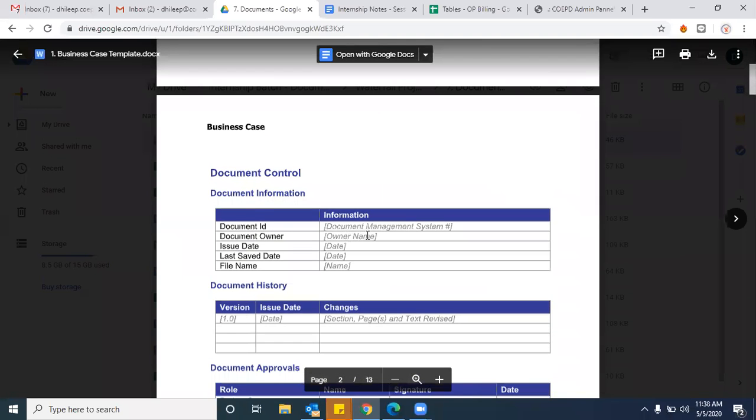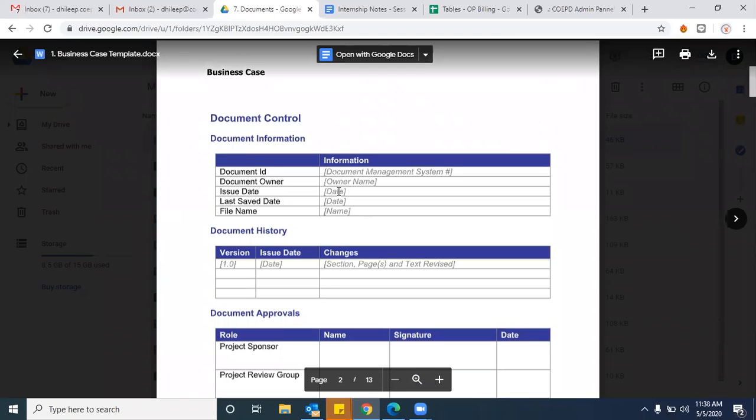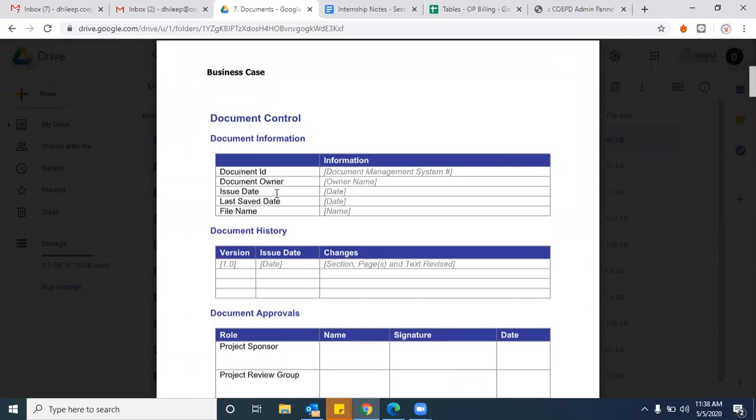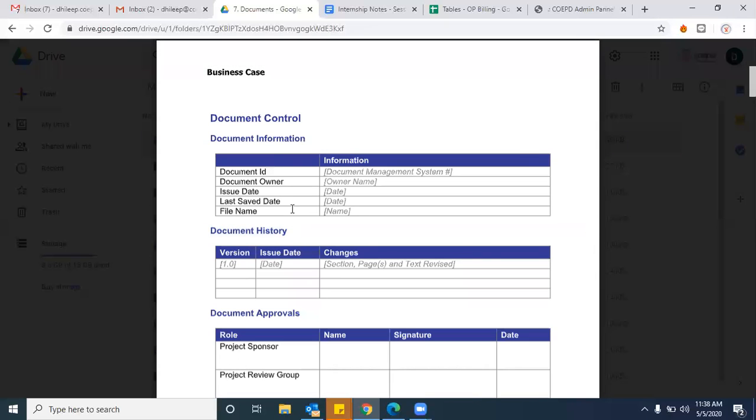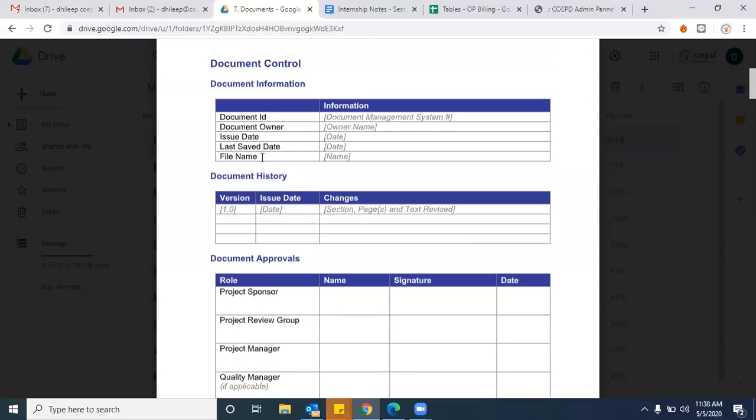Going forward, once we start working on the documents, a couple of elements are mandatory. Do remember, the document control, like document information, is mandatory, and version control, which we call document version history, otherwise document history. These two are mandatory for every document which you are going to develop. We are already doing V1, D1, V1, D2, multiple versions of documents that we are dealing with, right? So going forward, we need to maintain this document history for every document.